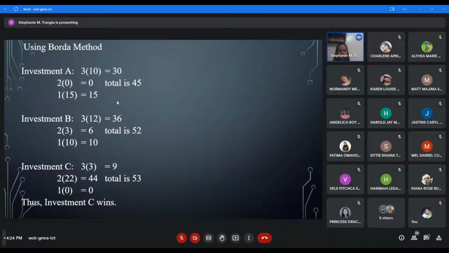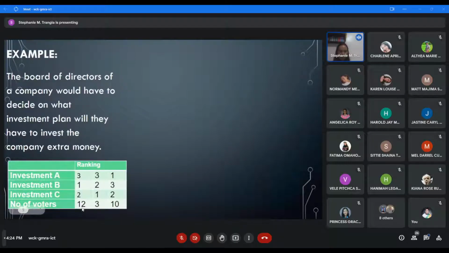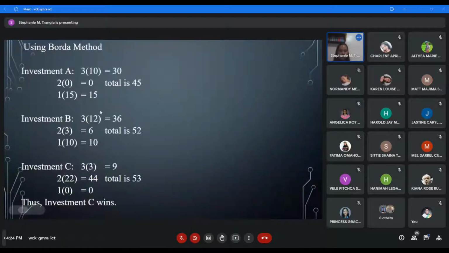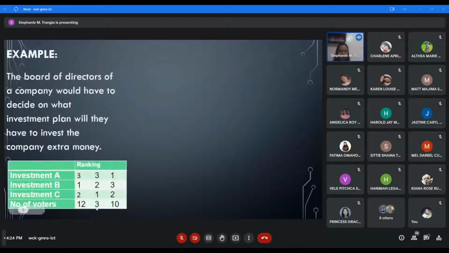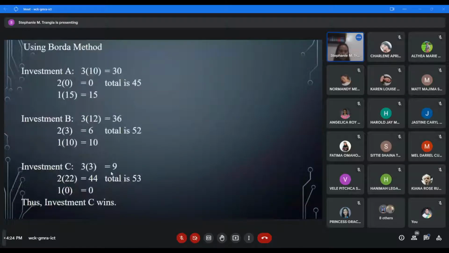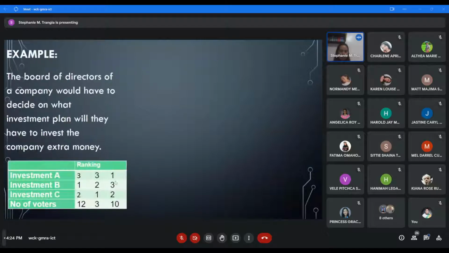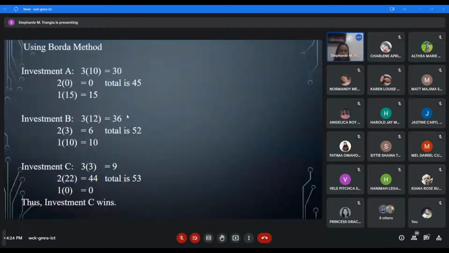For investment B, you have 12 votes for rank 1, so that's 3 times 12. 3 votes for rank 2, so that's 2 times 3. And then 10 votes for rank 3, that's 1 times 10, so that's 36 plus 6 plus 10, so that's 52. And lastly, for investment C,